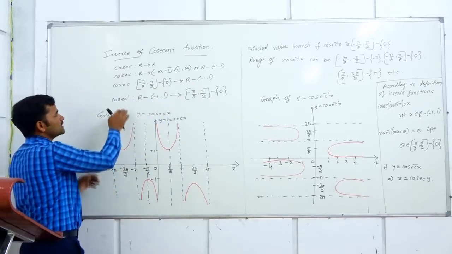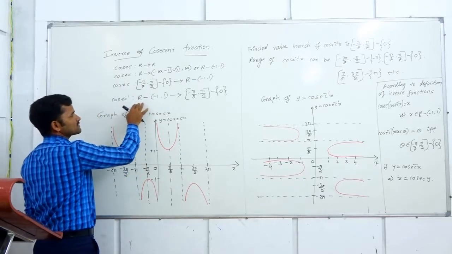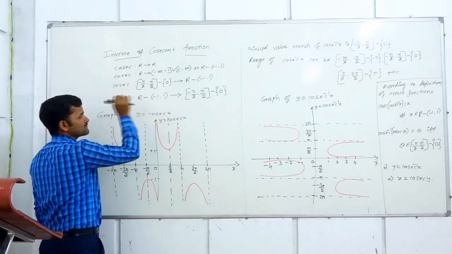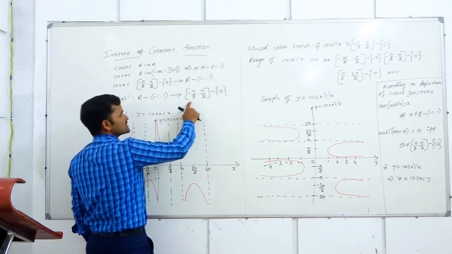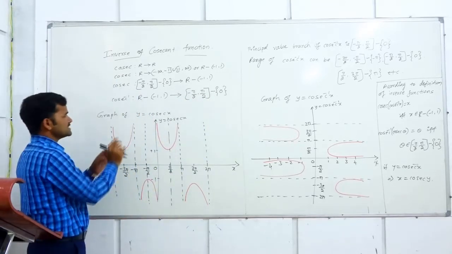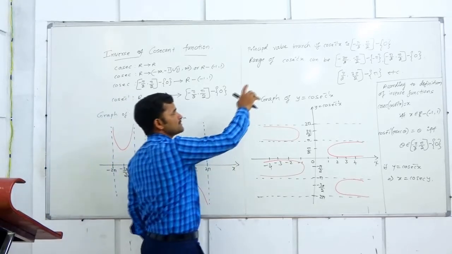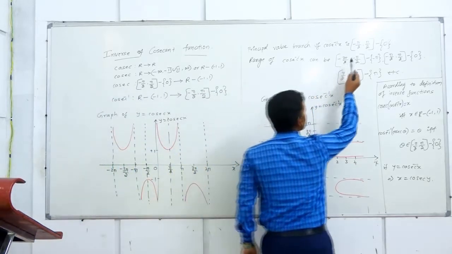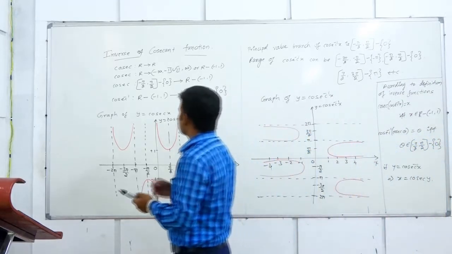As the given function is one-one and onto, its inverse exists. Cosecant inverse: all the real values except the open interval minus 1 to plus 1 is the domain, and its range is the closed interval minus pi by 2 to plus pi by 2 except 0. Fine, that is about the range. This range you have considered is also called the principal value branch. The principal value branch of cosecant inverse of x is the closed interval minus pi by 2 to plus pi by 2 except 0.